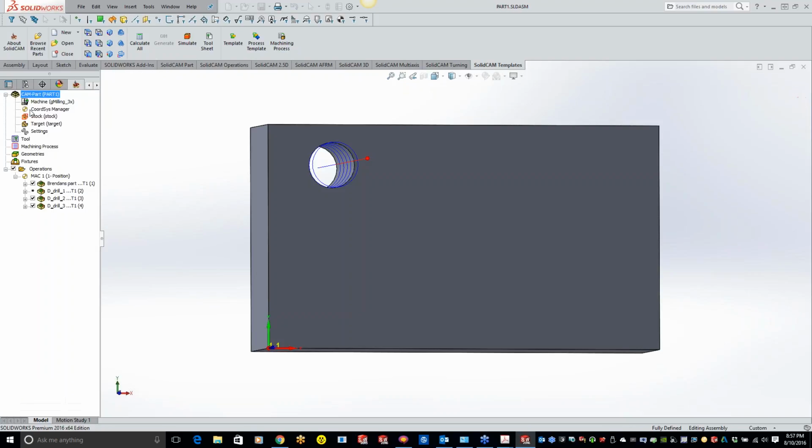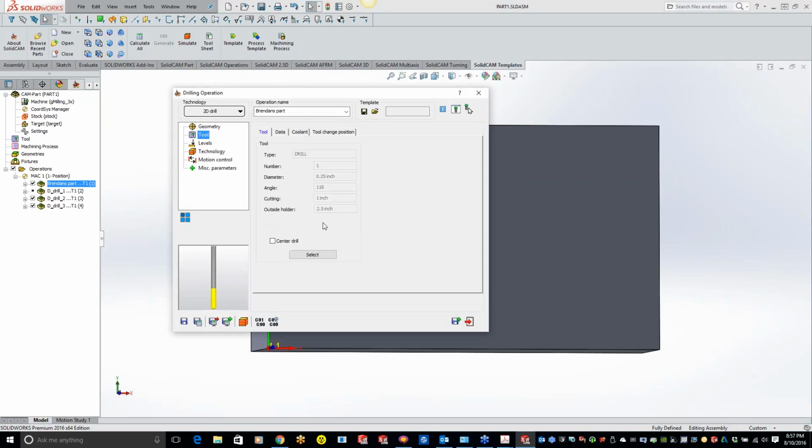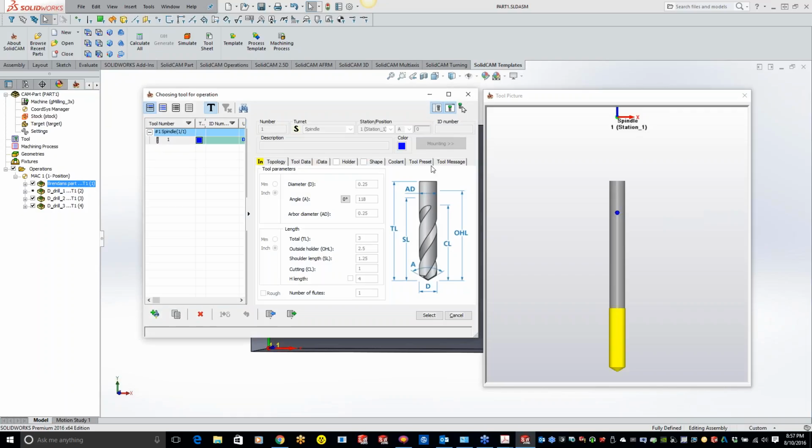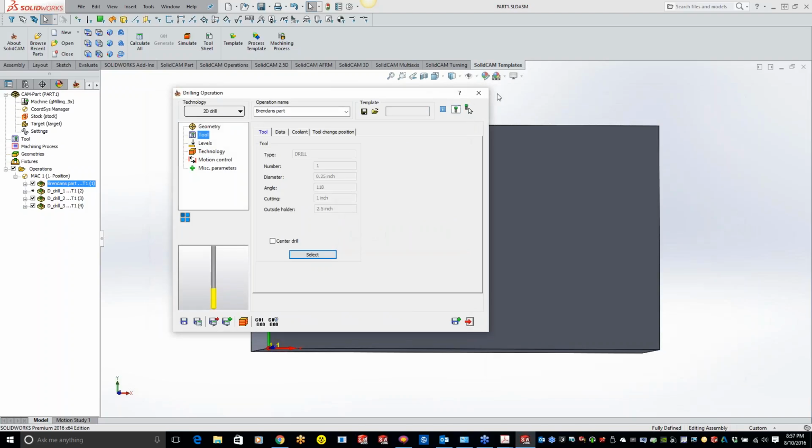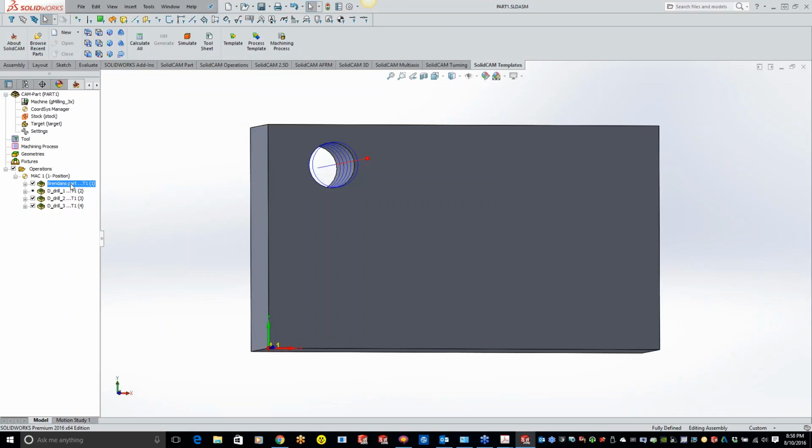But if you're just looking for an operation, you can come in here and name it. You can also put naming on your tooling. If you go over to the tool message, you can have 5 different fields of messaging right here. Also on the description, you can have something in there. So there are a couple of different places where you're able to put comments. Like I said, you've got 5 lines in your tool messaging that pop up, and that can all be added into your post if you're not seeing it already.